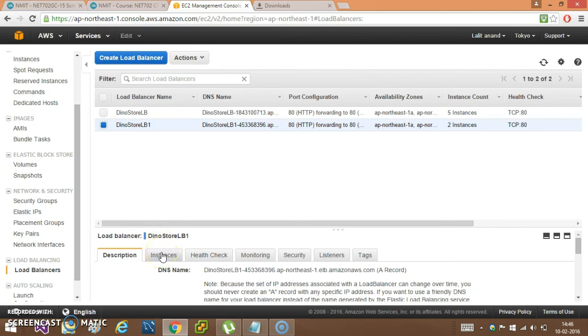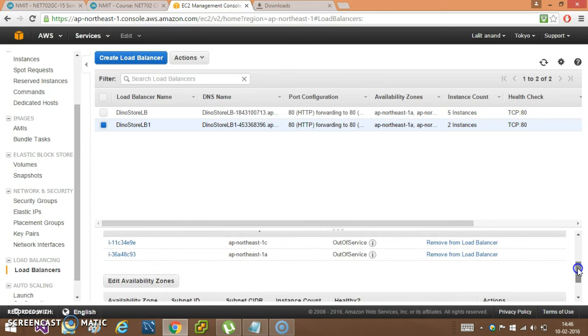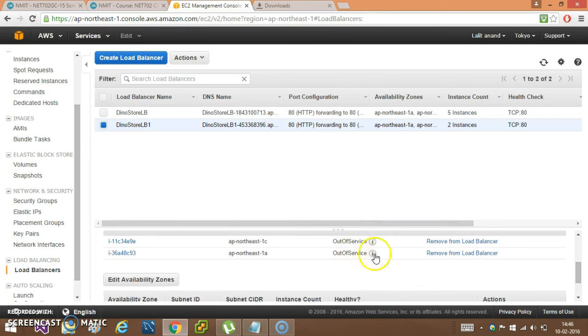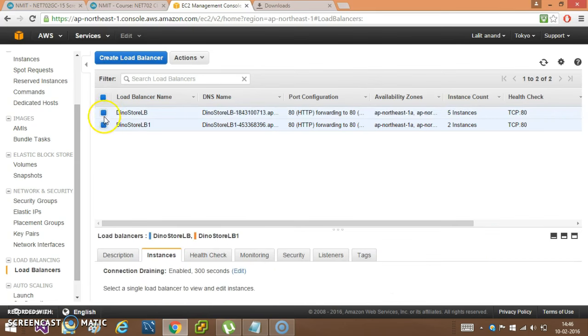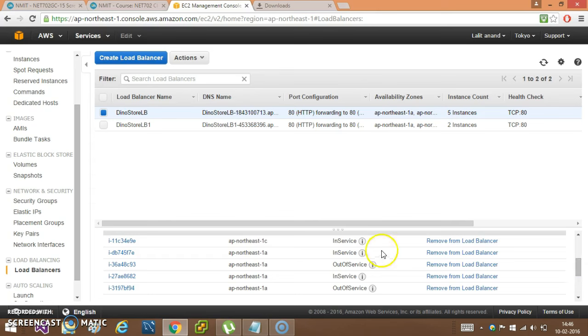I'm just telling you that it takes a lot of time to be in service. Actually, it is out of service because it takes a lot of time due to Amazon cloud services. I've paid a small amount, so it takes time for me. So I'm just using my existing load balancer for a while. We are selecting an existing group, and then you can see it is in service.